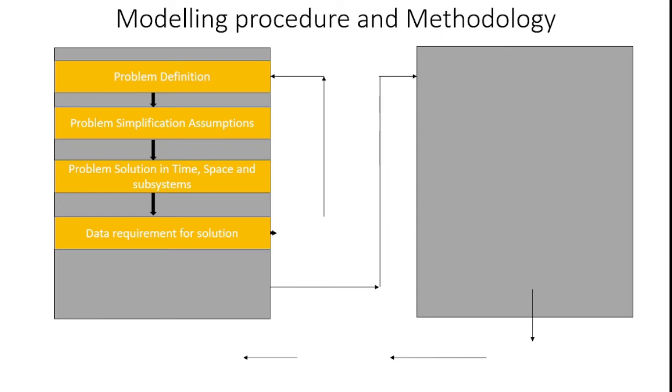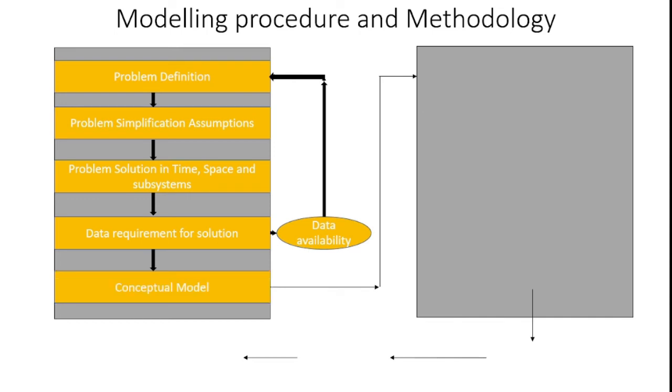Okay, so next, after data requirement for solution, we move to data availability. So when the engineer starts to make a solution, he should collect data from the available resources. So he should ensure the data availability. So next, the engineer can move to the problem definition. Again, after collecting the data, he examines the problem definition. After that, he performs the same steps: problem simplification assumption, problem solution in time, space, and subsystems, and data requirement for solution. After this cycle is completed, he may decide,